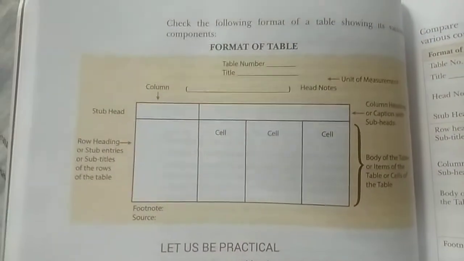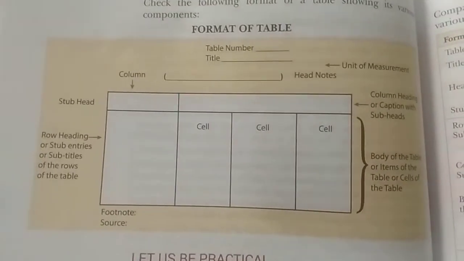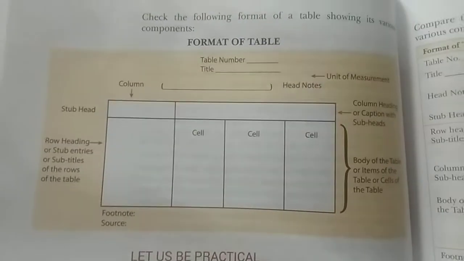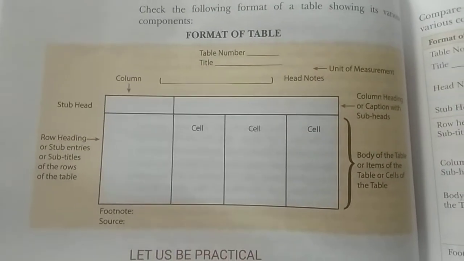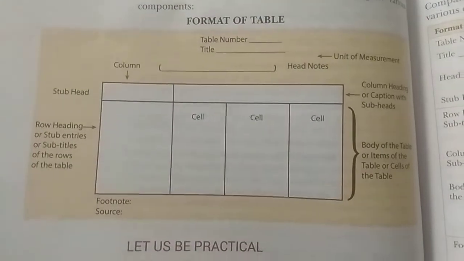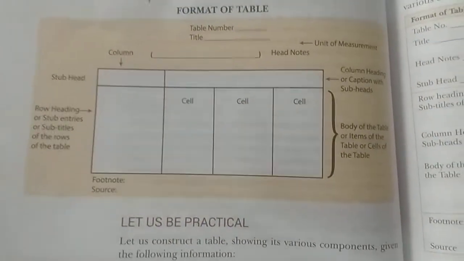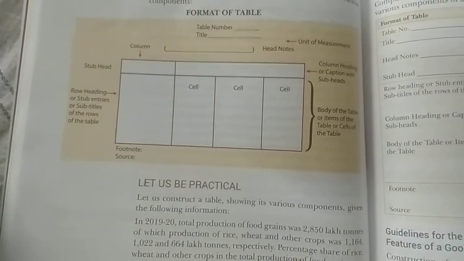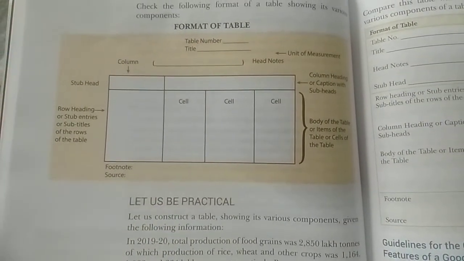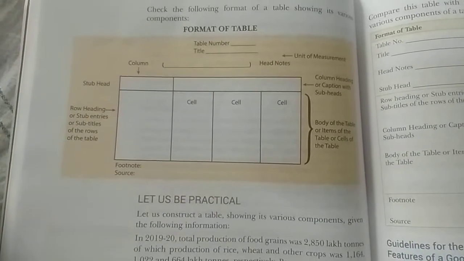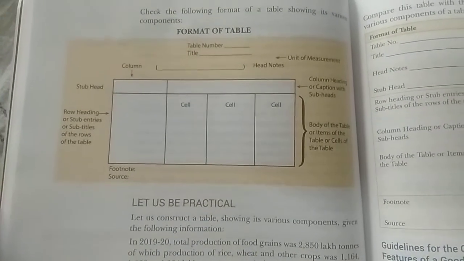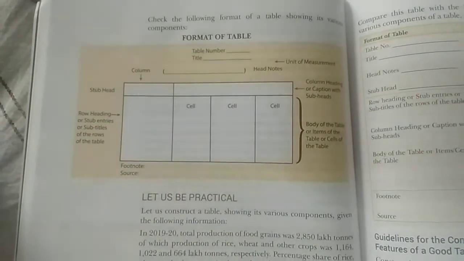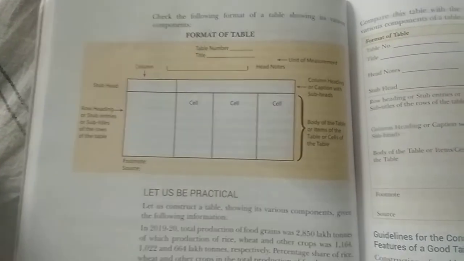This is the format of the table. See, on the top the table number is given, afterwards the title, and if the title is short, then the information can be supplemented through the head note. The head of the column is called caption, the head of the row is called stubs, and the cells, these three things, are the complete field where the information is to be filled. If any clarification is required, it can be supplemented through the footnote. And if secondary data is used, the source of the data should be mentioned. It authenticates the table, whether the data in the table is reliable or not.